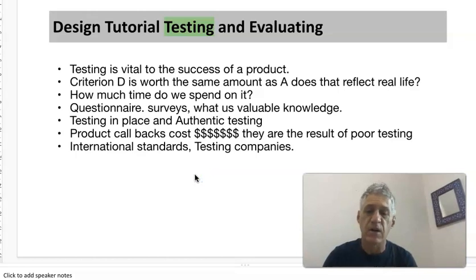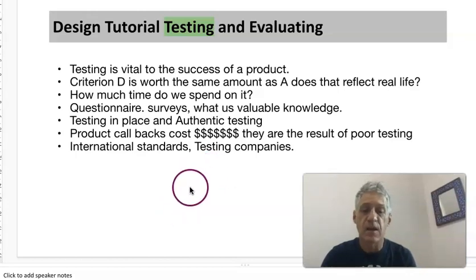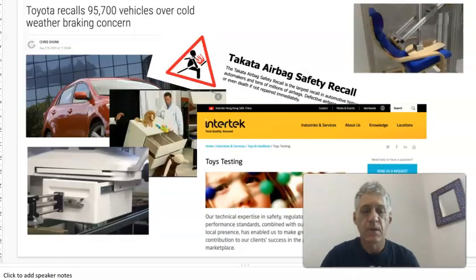because product recalls cost companies a lot of money every year, and a lot of companies go bust because they don't test properly. Companies need to test against international standards and against the market in which they are going to be operating. This is a really relevant topic because thousands of people work in testing every day, and if they don't, then the products don't come out